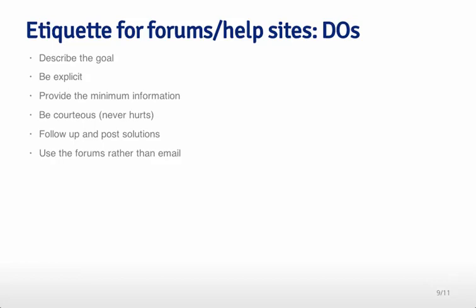So if you post a question and somebody ends up giving you the answer on Stack Overflow instead of on the course website, it's the polite thing to do to post the answer that you found to the course website so that people can search it and find that answer as well. Please use the forums rather than using personal emails. We are very excited about trying to help you learn about data science, but it's very easy to overwhelm the inboxes of your instructors or community TAs if you all start sending emails simultaneously. When there's a typo in an assignment, please report it on the forums and we will address it as fast as we possibly can.